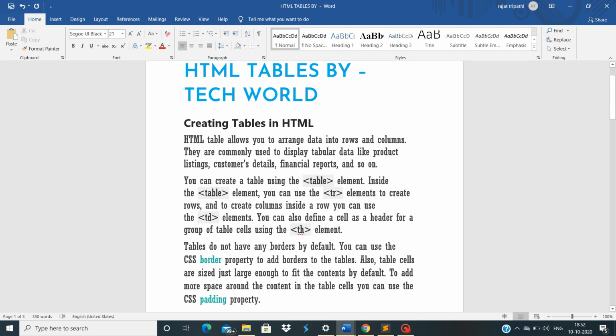So in HTML, we represent the table using the table tag, just like we open and close the HTML tag. The same way we open and close the table tag. And we have elements like table rows, table data, table header, and many more. But right now, knowing these three will be enough. So the tr tag is for table row, td is for table data, and th is for table header.